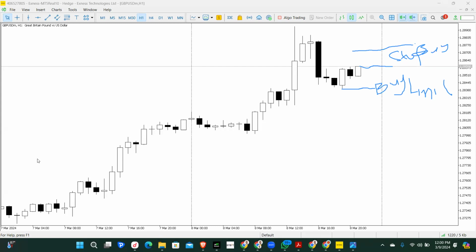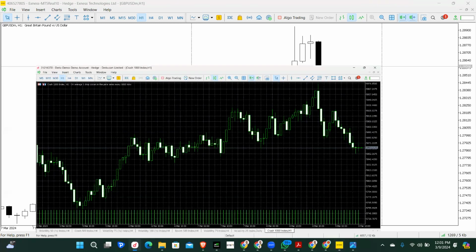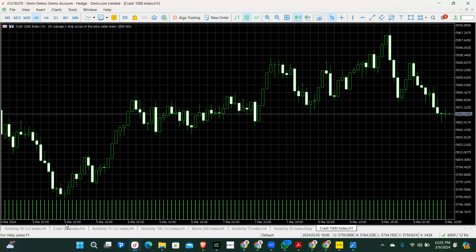Now, at this point, maybe you might be asking yourself, how will I know whether I'm buying below the price or above the price? That is one good thing about this system, the MetaTrader. The system is already automated. I think the market is closed for currencies, so I can't actually trade any currency assets for now. So let me go to the indices market.